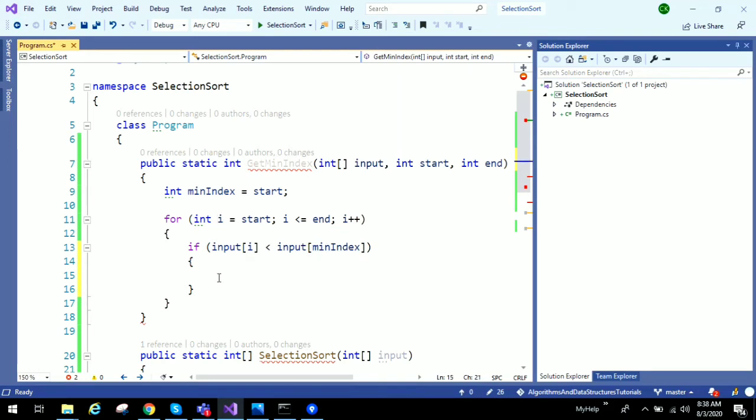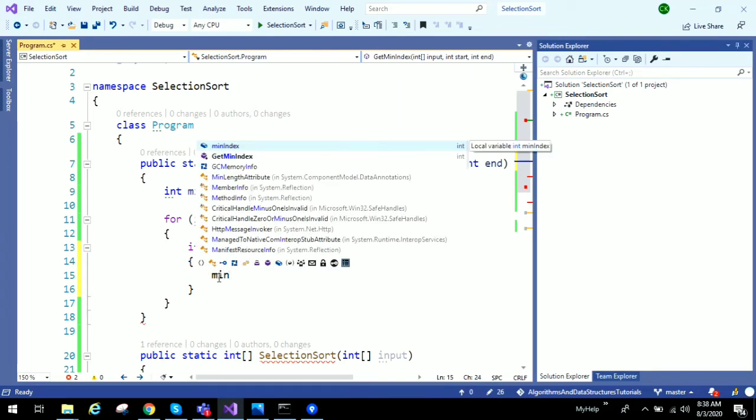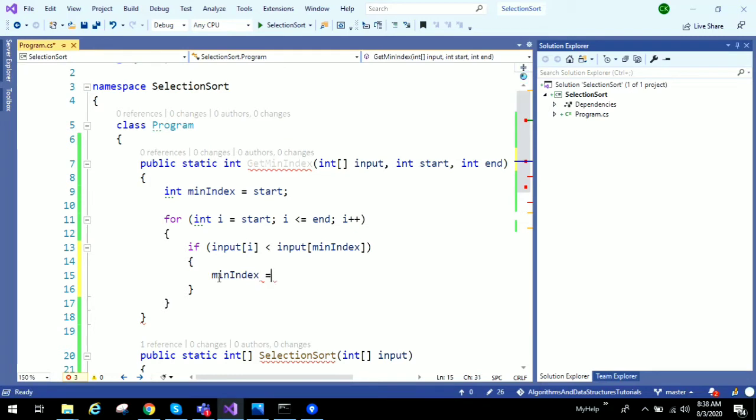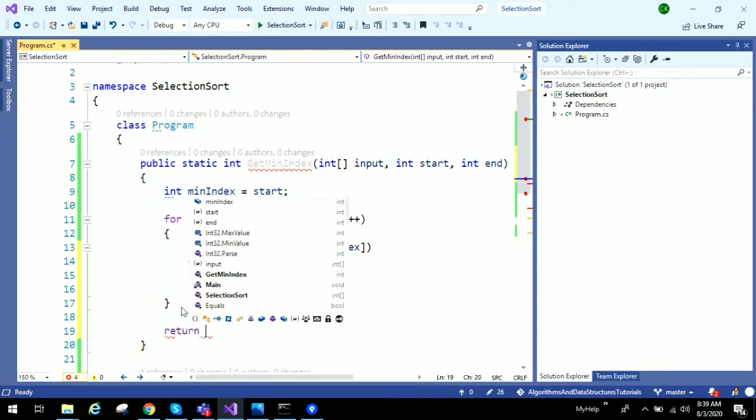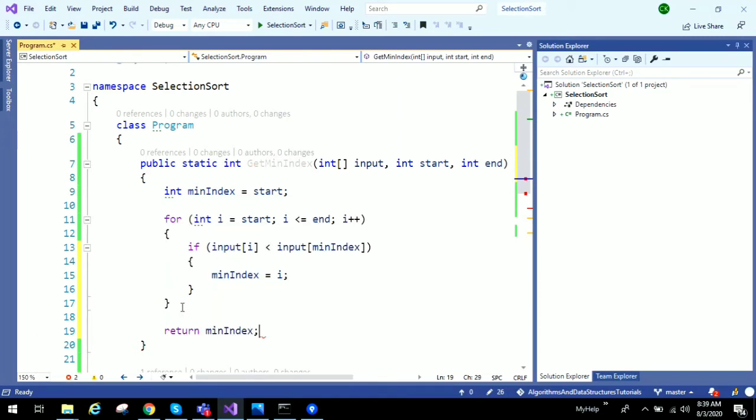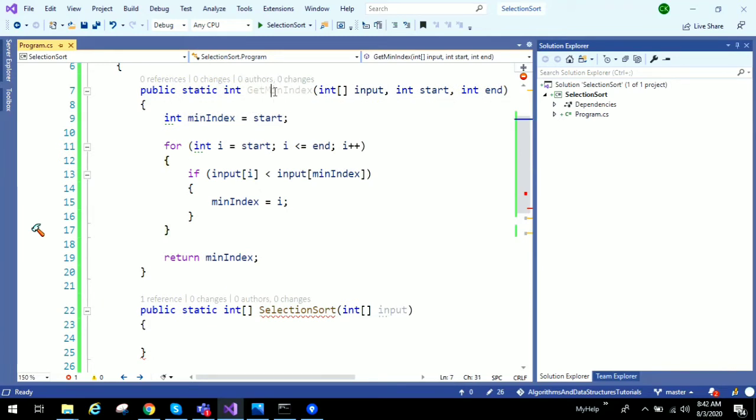Let's do that. Min index is now i, because the value which is at i is less than the value at min index. Then I will finally return min index. Now we have a function which takes input and starting index and end index. It will return the index of a minimum value.